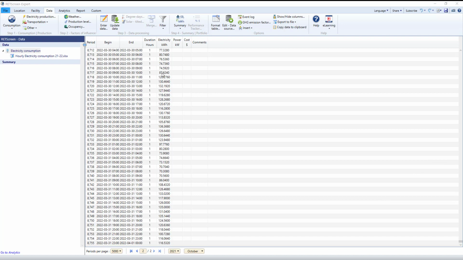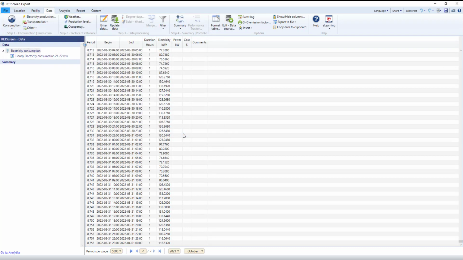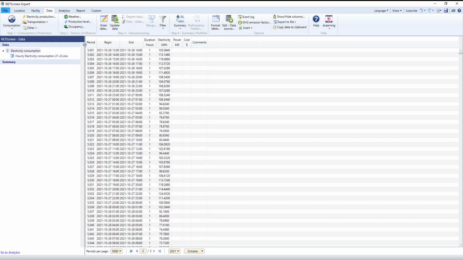So if I wanted to update, all I would need to do is go over to step 3 under data processing, click on the update button, and select that Excel table again with my new data updated in there. So I've updated my data and added a couple extra months. As long as there's new data in there, RedScreen will append all of that new data to the bottom of your sheets once I click the update button. So we can see here, once RedScreen does its thing, that we now have our data up until the beginning